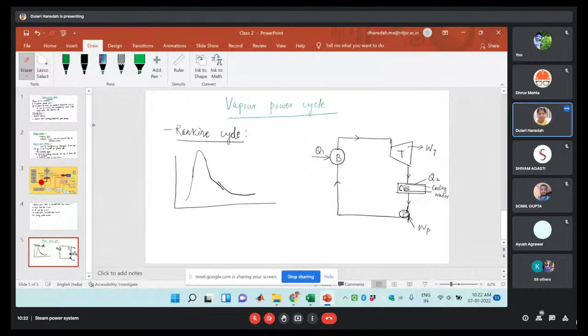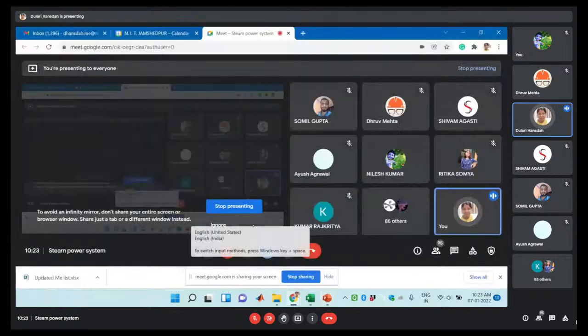Wait again. Okay, now you tell me, this one is the PV diagram, right? This PV diagram is also known as